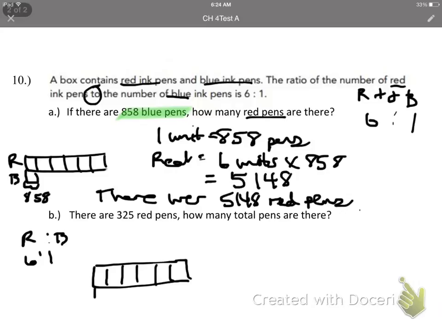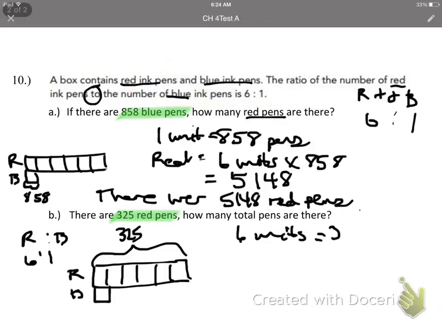Now drawing a new picture would not be a necessity, but we don't want to get confused with the numbers we used before because they mean nothing. This time they tell us we have red pens. So if I label this, I know that the red pens equal this amount. So when I'm identifying what I know, that 6 units equals